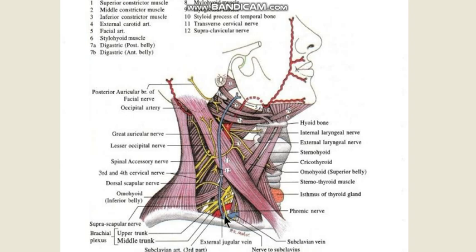vein, the vein in front of the scalenus anterior, the artery behind the scalenus anterior, and the termination of the external jugular vein into the subclavian vein, the upper, middle and lower trunks of the brachial plexus, and the branches of the brachial plexus, at least some branches. You can see the dorsal scapular nerve over here and the long thoracic nerve.